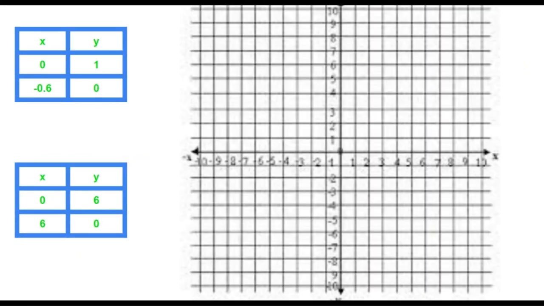To graph, we will draw a Cartesian plane as it is, and the values in the table help us identify the coordinates. We will start by placing the first point at x 0 and y 1. The second point will be placed at x minus 0.6 and y 0. Now the points will be joined by a line. For the second line, the second table will be used, which indicates x 0 and y 6, where the first point will be placed, and x 6 and y 0, where the second point will be placed,